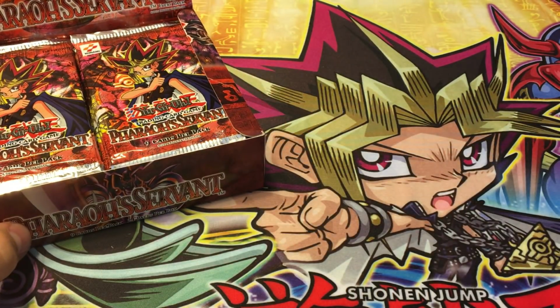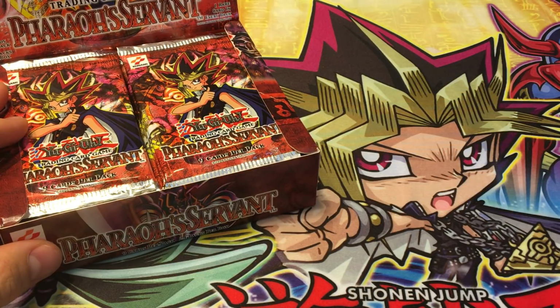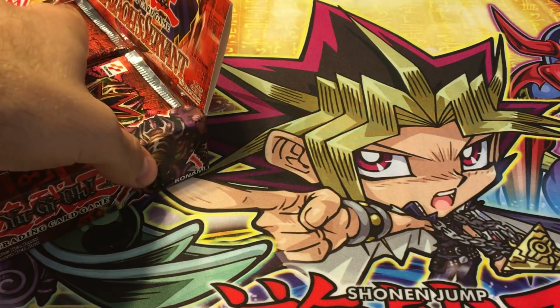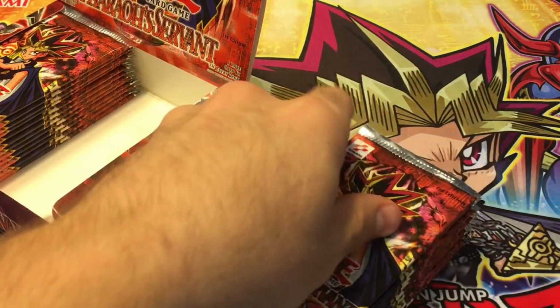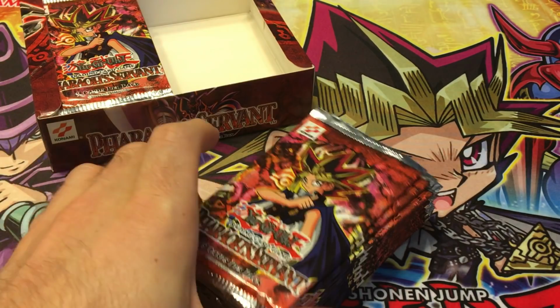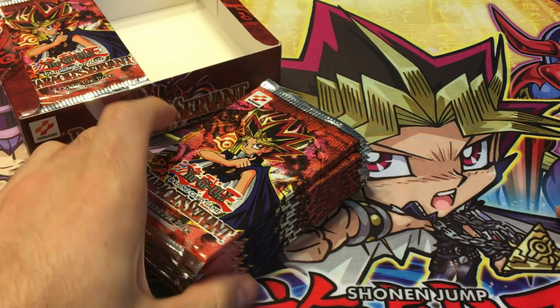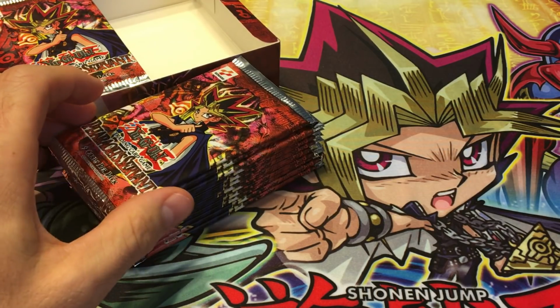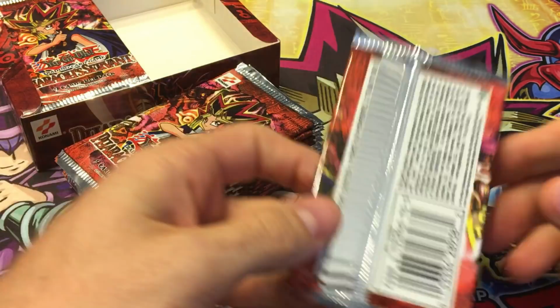I haven't had a whole lot of luck opening Pharaoh Servant. I did pull a Jinzo out of my first box, but I only got, I think, one Ultra, and I want to say that Ultra was either Goblin Attack Force or Chain Destruction, like kind of the lower end Ultras. So Fiend Mega Cyber is not really that expensive either, but the reason I want it is because